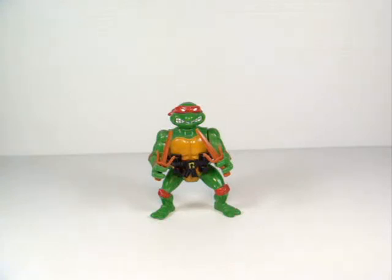Another one of my most favorite figures of all time. Why? Because, like I said before, I grew up with the Turtles. The Turtles are, by all means, one of my most favorite cartoons ever growing up as a kid. I literally enjoyed watching it all the time. Not only that, but the toys are fantastic. Plus the fact that they're turtles. I like reptiles, I like amphibians and all that fun stuff. Come on, man, I love being a turtle. Anyway,